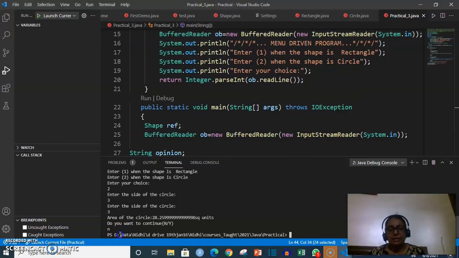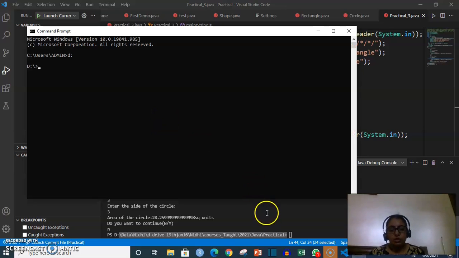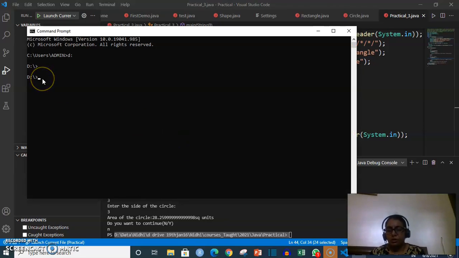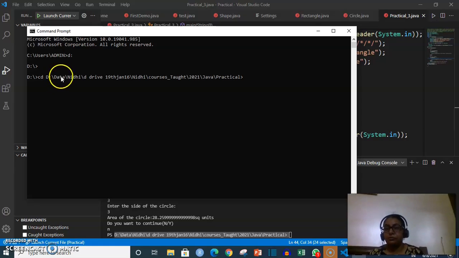After that, the second step is I have to take the path of my command prompt to here. So I'll just copy this path from here, Control C, and go on the command prompt. CD is a command to change the directory. I have to partially edit it.